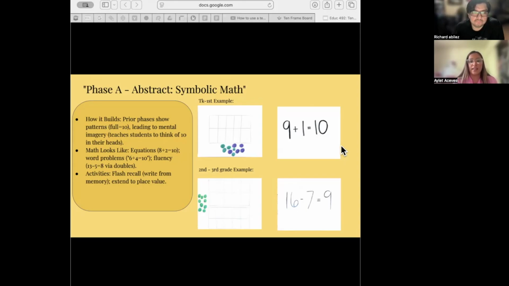So some activities that can be used are flash recall. So writing from memory. And this is a TK to first example. Writing number sentences from memory. So after flashing a 10 frame image briefly, the student can write what they see, like 9 plus 1